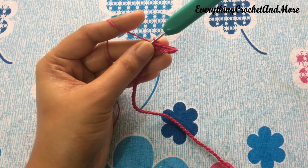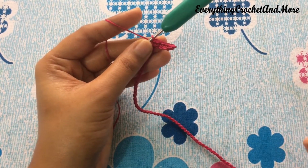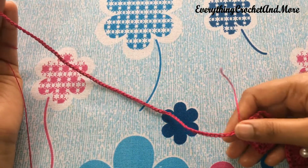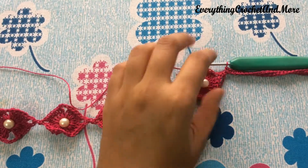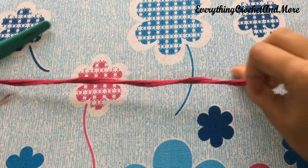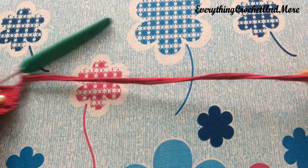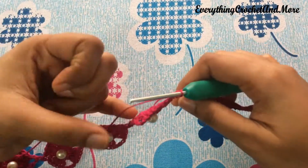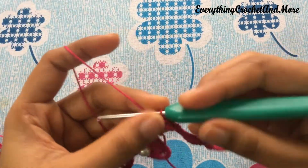In the same way, we'll be making 1 single crochet stitch in each of the next 75 chain stitches off camera. Now the remaining 75 single crochet stitches are done, and this is what our tie looks like. Now that done, now we'll finish off this band